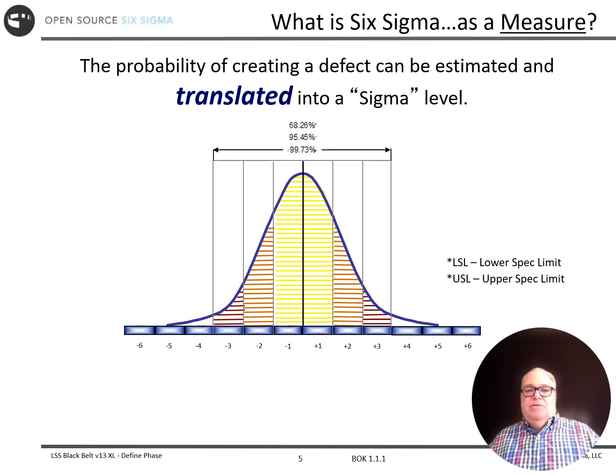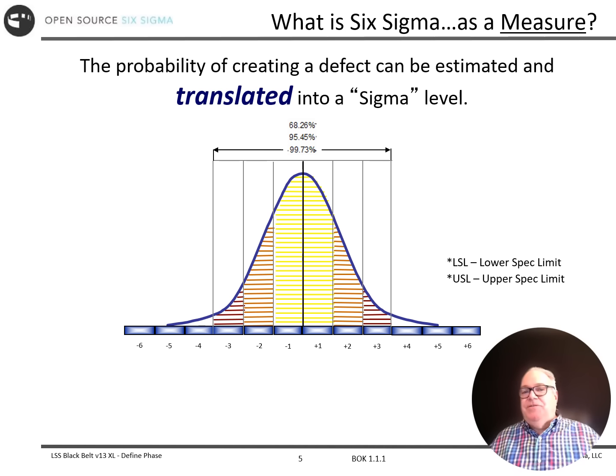So in the standard curve, some of the common terms we talk about, plus or minus one standard deviation, we've got 68% of the data. That's where the bulk of the data is. Plus or minus 2, we talk about 95% confidence intervals. All that means is that we're within 2 standard deviations of that average. Plus or minus 3, which we use for control charts, 99.7% of the curve,